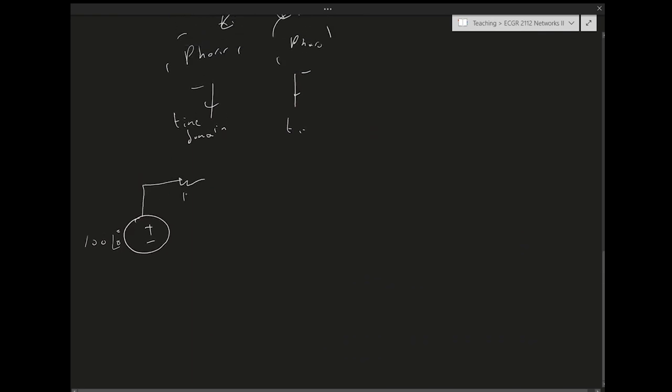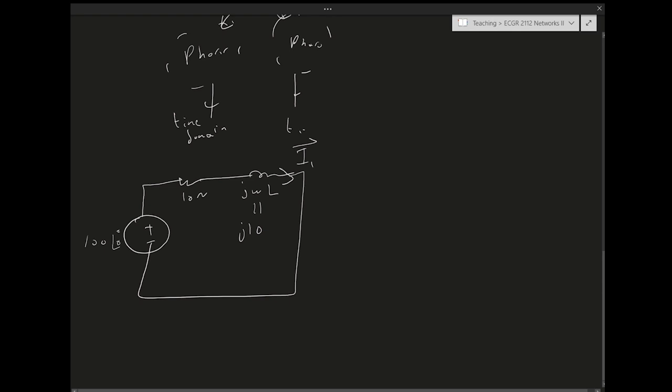And then this is 10 ohms. What is the inductance? The impedance of the inductance is j omega L. So what's omega? Omega is 10, right? So the impedance here is going to be j10, right? So this is I1 prime,